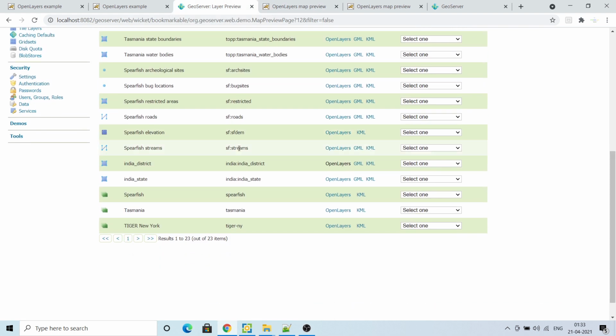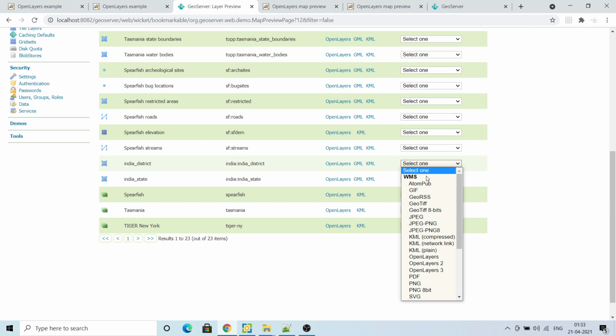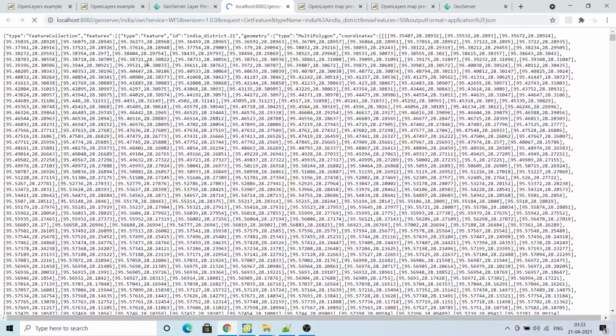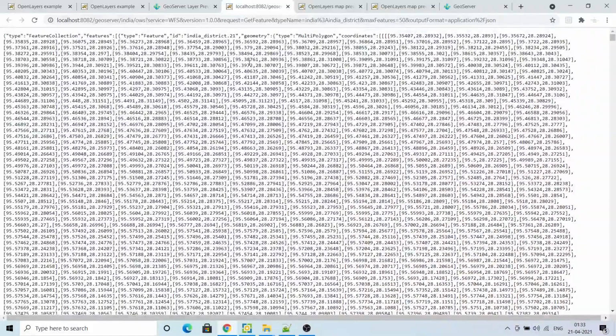Then web feature service. If you go here and select one, WMS is this: OpenLayers, PDF, PNG, these are all WMS. In WFS, these are the formats: CSV, GML, GeoJSON, KML, shapefile. Actual feature service means the actual feature is coming; you are fetching the actual feature. If I click on GeoJSON, as you can see, the actual coordinates of each and every feature come, and also the attributes, like multi-polygon and feature ID.